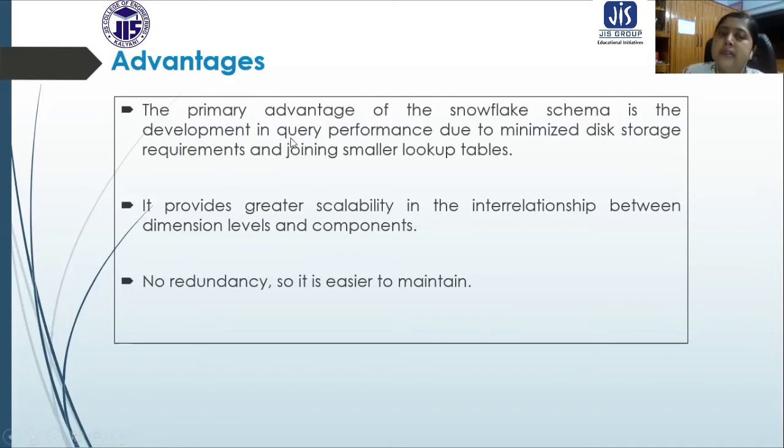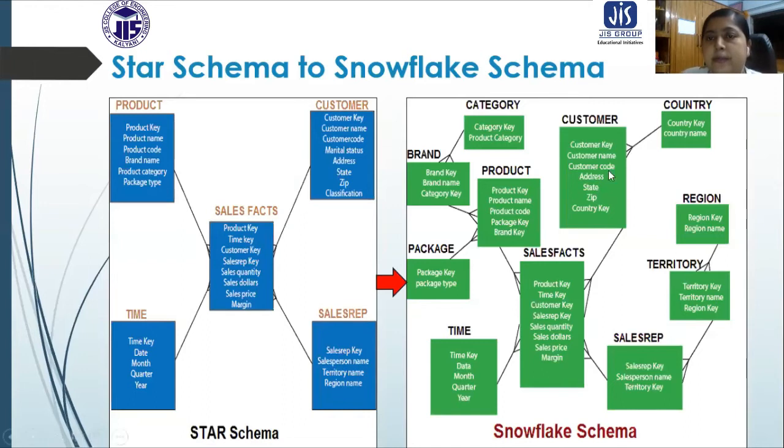Why? Because in the previous case we have a large schema. Now that schema is minimized, basically smaller lookup tables are there. So suppose in this case we want to search for the category. In the previous case, we need to search in the product table. In the product table, we have category, but it is a very large database. It is a very large storage. If we compare this with the category dimension, in the category dimension we have only 2 rows, but here we have 1, 2, 3, 4, 5, 6 rows. So obviously the query performance will be better if we search in the category dimension.